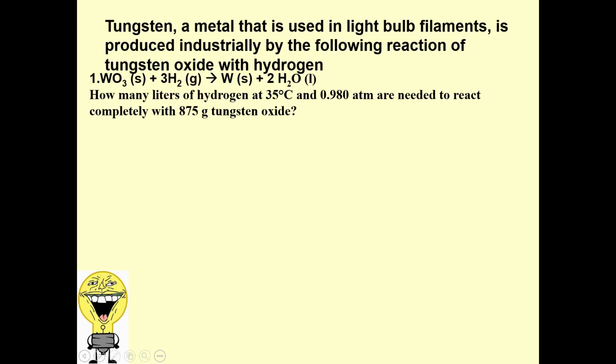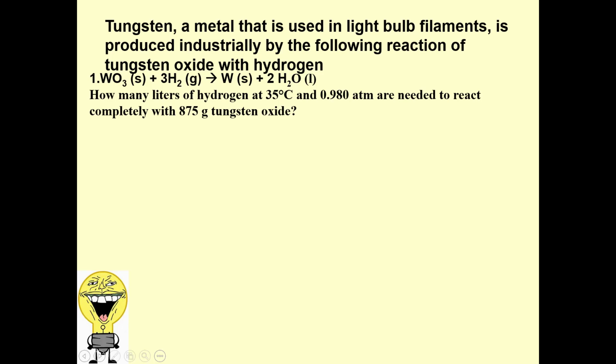So, got one more, last one. Tungsten in metals used in light bulb filaments is produced industrially by the following reaction of tungsten oxide with hydrogen. How many liters of hydrogen at 35 degrees Celsius and 0.980 atm are needed to react completely with 825 grams of tungsten oxide? So what I'm going to do